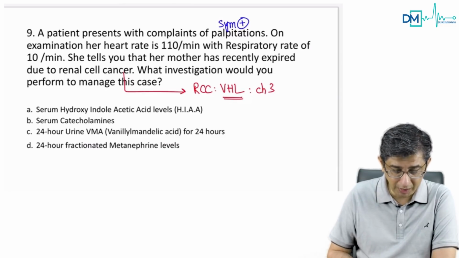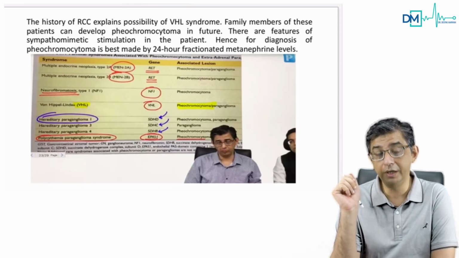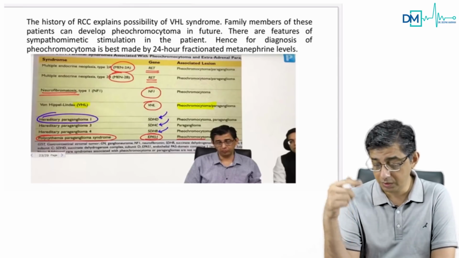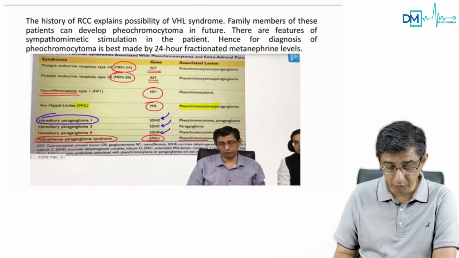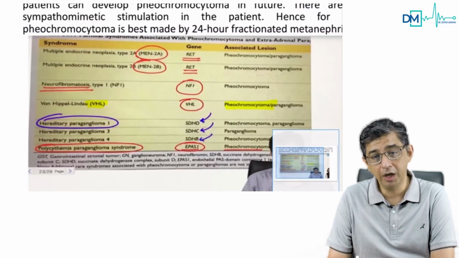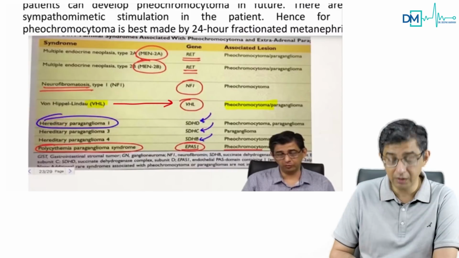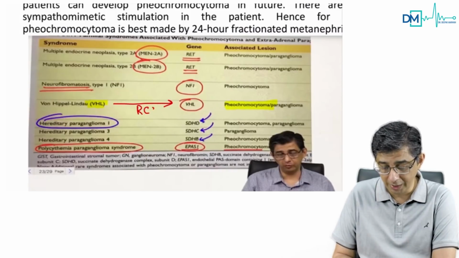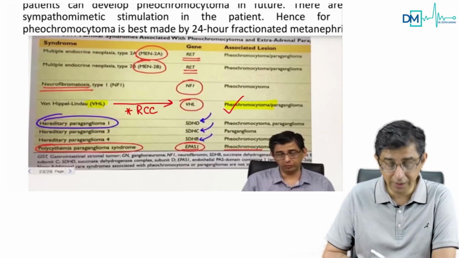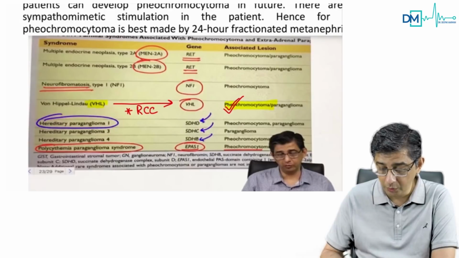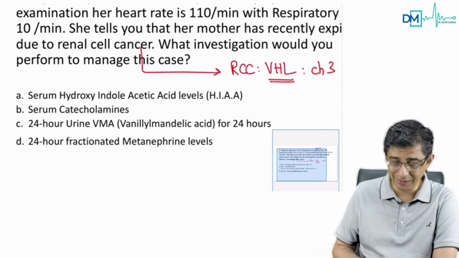Where did I discuss this in the app? I discussed this in the integrated session. You see, right before the exam, we came out with an integrated session between me and Dr. Sparsh, and you can see here, when we discussed pheochromocytoma, all the syndromes that we have discussed: MEN type 2A, type 2B, and von Hippel-Lindau. And von Hippel-Lindau syndrome is one which is associated with renal cell carcinoma as well as pheochromocytoma. So because the mother has died because of renal cell cancer, I need to evaluate the son for possibility of pheochromocytoma.